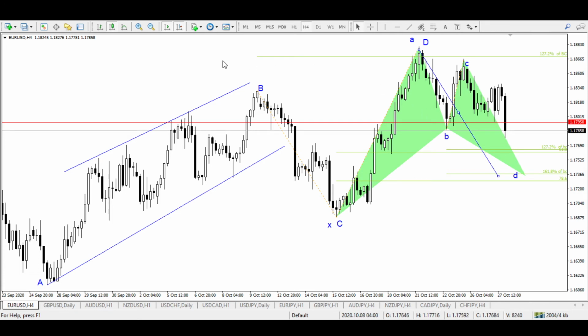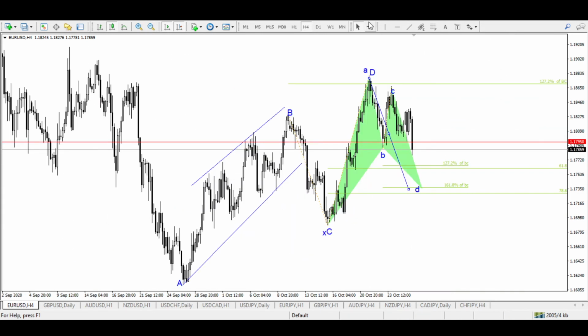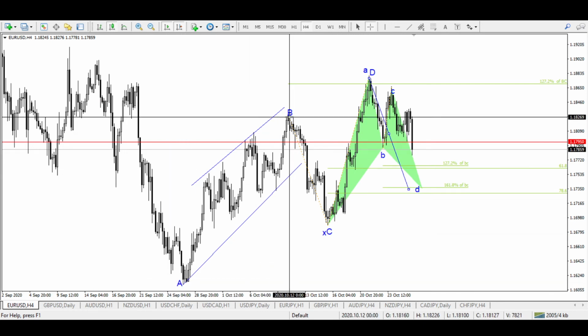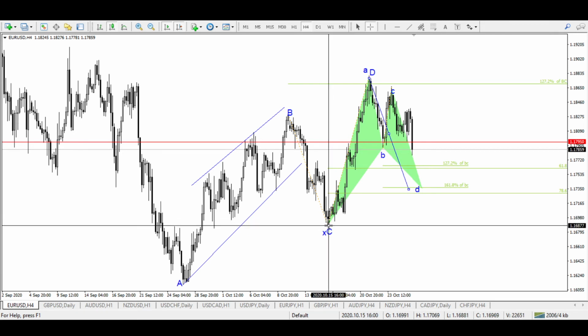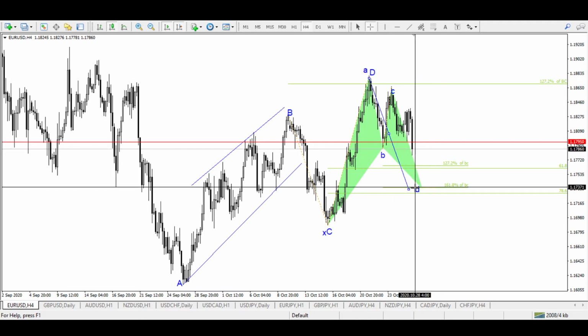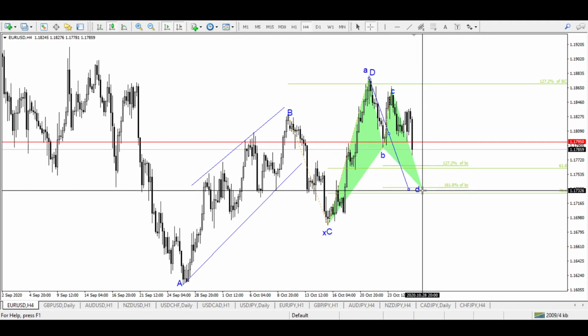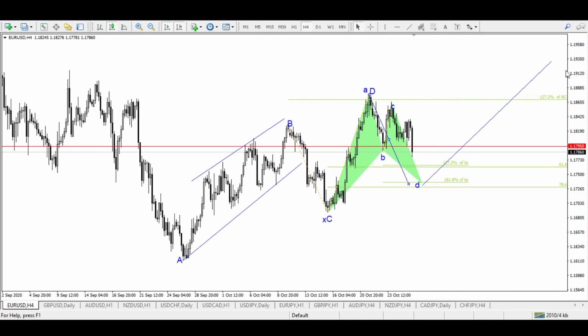and then there can be a bigger picture of another way bigger three drive, where this whole development from point A to point B can be one drive, B to C the retracement, capital C to capital D the second drive, and from capital D or small a to this small d the second retracement, and then there can be a new drive, the whole new drive to the upside, and then it can be a bigger three drive from A, B, then from C, D, and from this point, and then it can be a new drive,